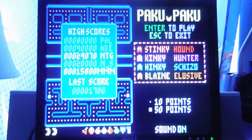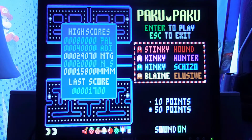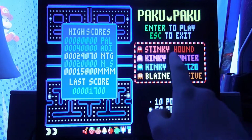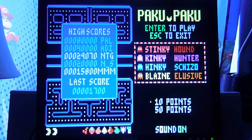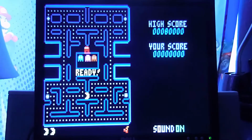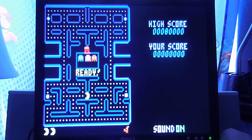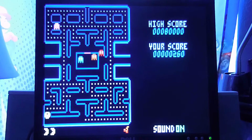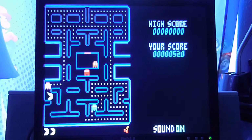Now this is, yeah, this is a clone of Pac-Man. I guess you would have never guessed that. And this game is actually meant to play on CGA graphics cards. That's why it's very blocky, as it's actually using a modified version of CGA's text mode. Turn that down a bit. As you can see, it's a very playable version of Pac-Man that's pretty fun to play. Obviously, it's not as good as the arcade version. I don't think anything can be, but